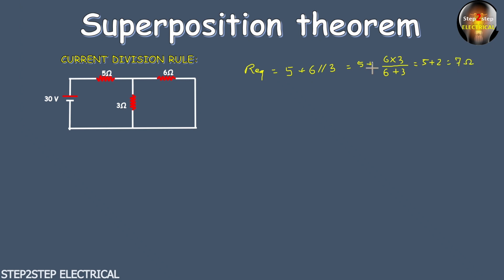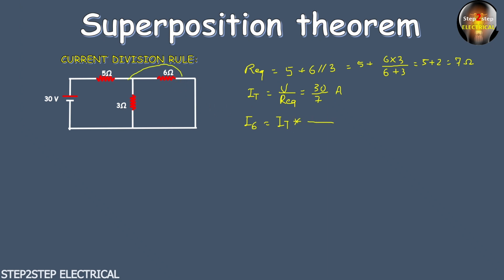So here the equivalent resistance is 7 ohm, and after that we have to find the total current. Total current IT is just V by R equivalent. Here R equivalent is 7 ohm and the total voltage is 30, so 30 by 7 is the total current. After this we have to find the current through either this 6 ohm or 3 ohm. If you find the current through 6 ohm, you write I6, and this is the current division rule. Here we write the total current into,